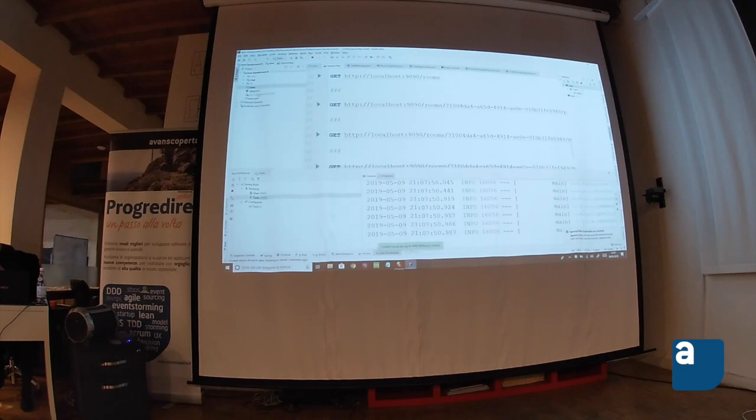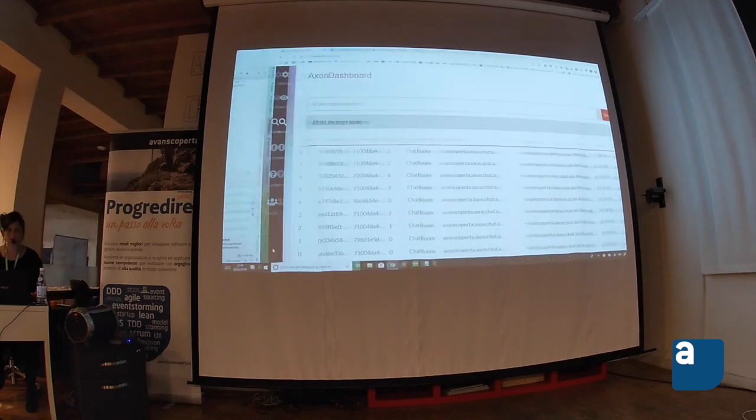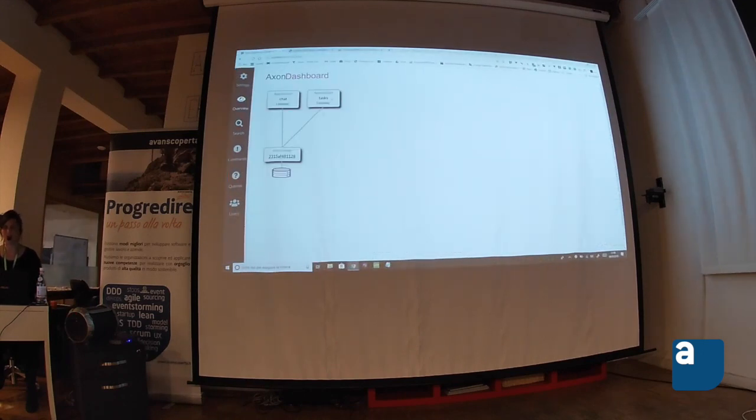So you don't care if your components are deployed in a single jar or in several jars, because it is Axon server that takes care of dispatching the commands, the queries, and the events between the several applications, so that everybody can work without knowing exactly where the other components live. So in this way, I have created another application. So in the overview, you can see that we have two applications connected to Axon server, and I can, for example,